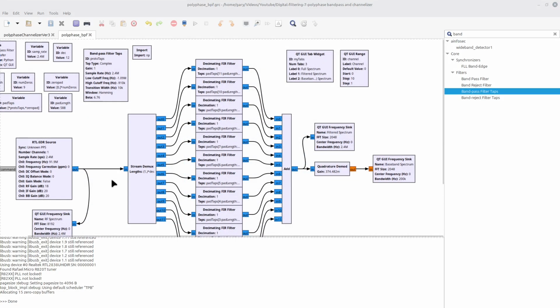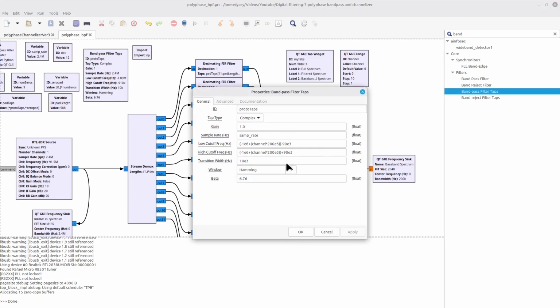I'm going to make another minor tweak to my flow graph. Specifically, I have added a QT GUI range variable, and this variable gives us integer values between 0 and 10. I'm going to use this to select different channels. From that, it's going to go into my bandpass filter tap calculations, where I'm going to calculate based on the channel number and the channel spacing of 200 kilohertz.